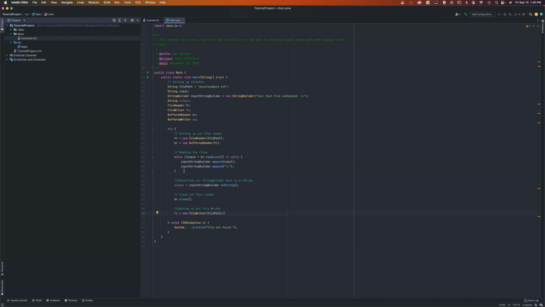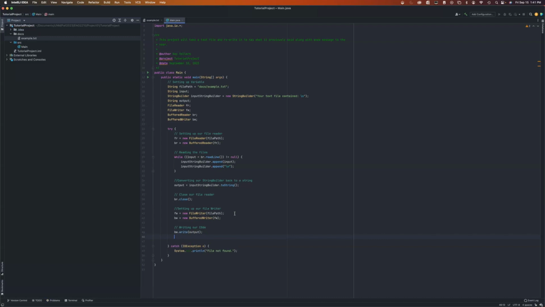If you do not close the file reader, this file will not be able to be opened by the file writer, and therefore it will not write anything to the new file, which is why we need that br.close line right here. Next, we need our buffered writer there, and we are now writing our code,